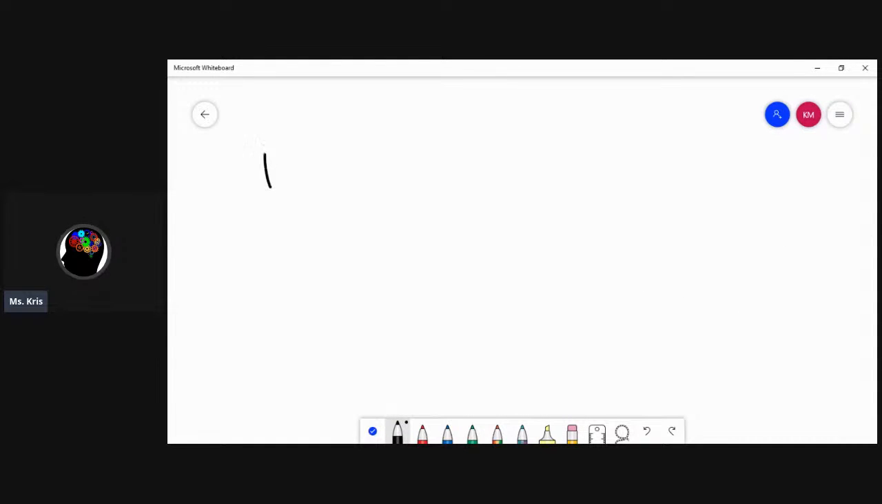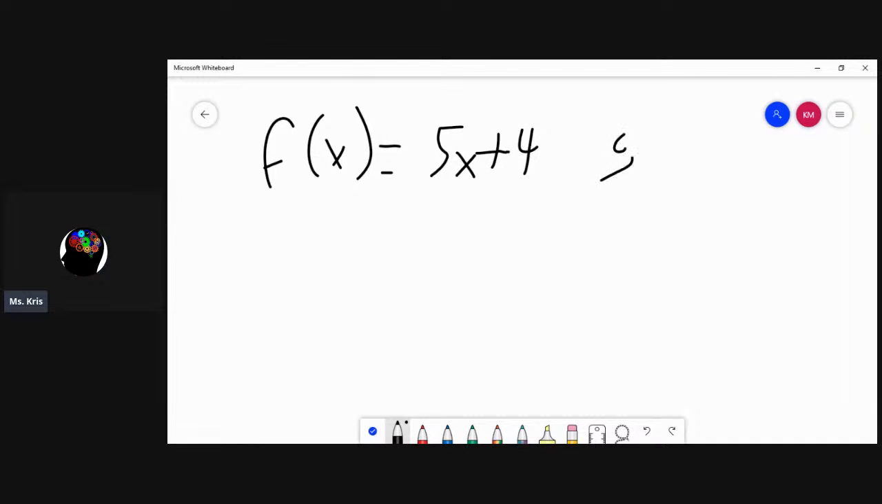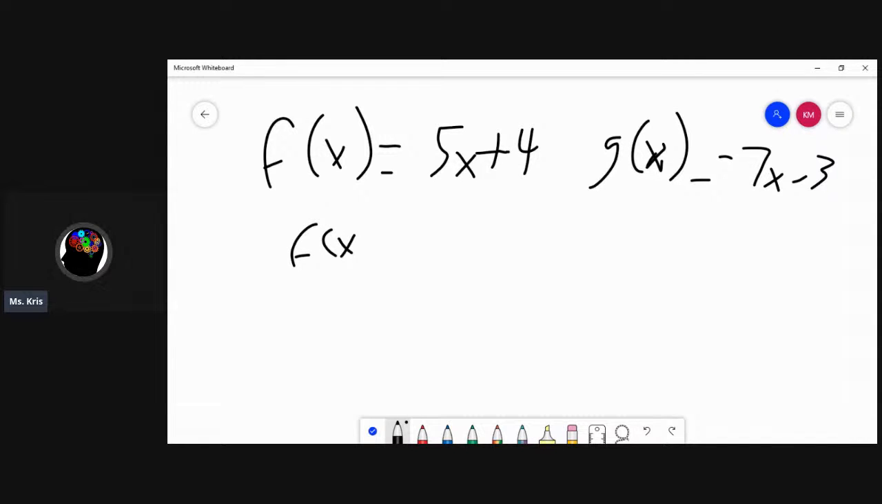So now, say for instance, I have the function f of x is 5x plus 4, and the function g of x as it relates to x is 7x minus 3. Now, what would f of x